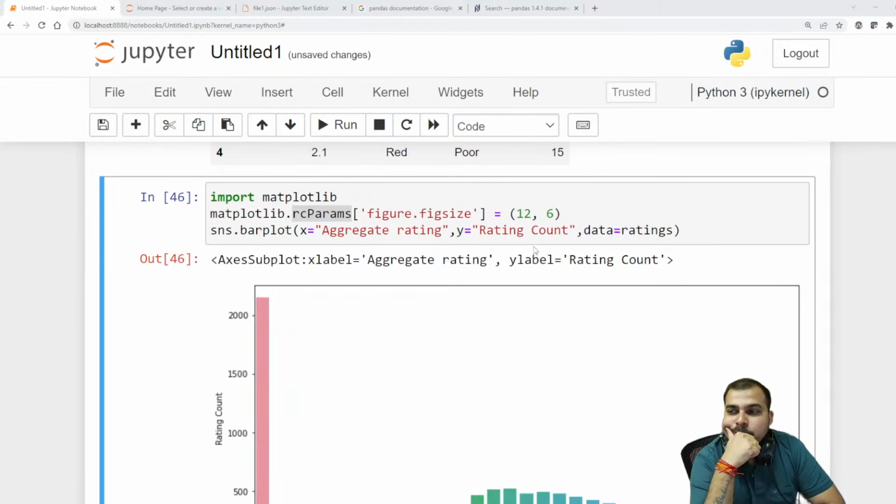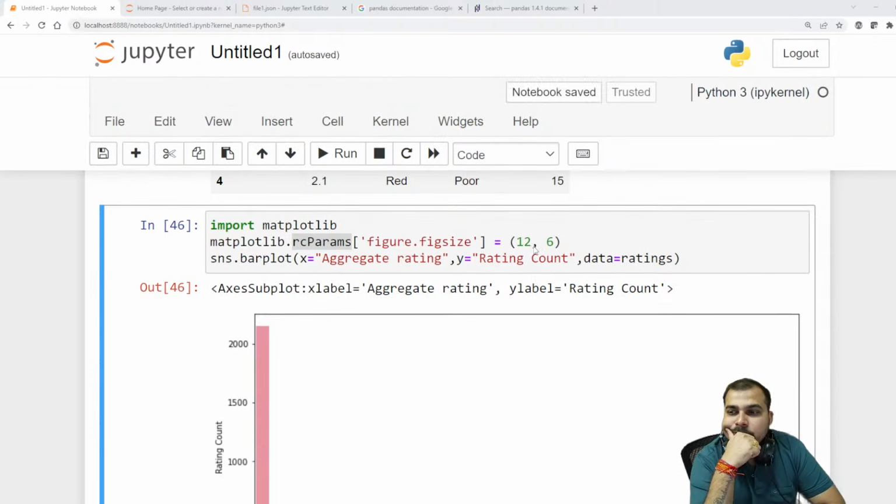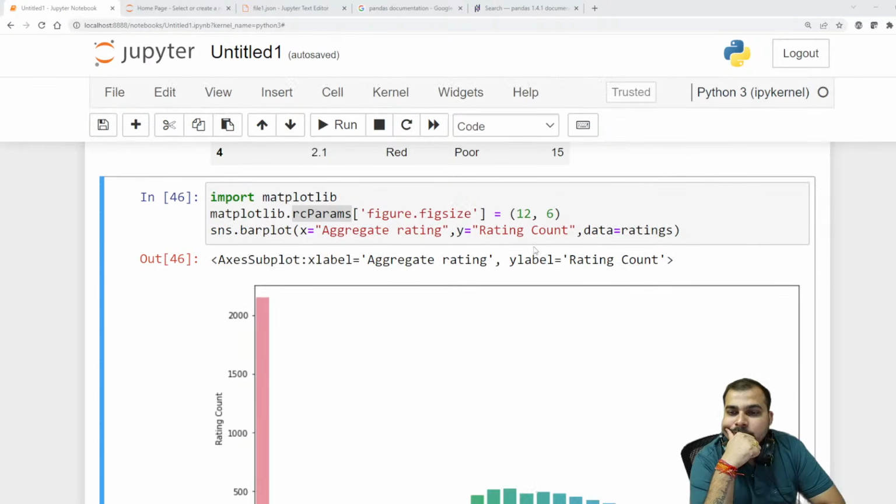I'm seeing. Scroll up a little. Okay. Everybody write down the code quickly